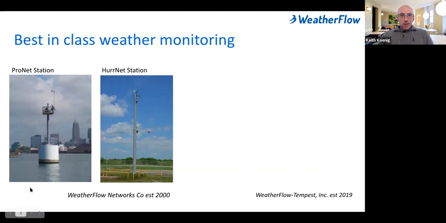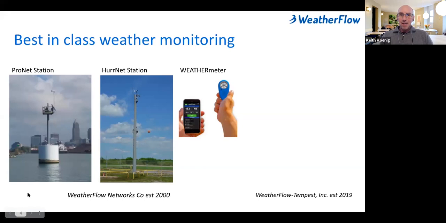On our journey, after deploying a pretty vast network of stations like the ones you see here, we got lots and lots of requests for the ability to remotely monitor weather wherever you are. And so we took a little bit of an experiment to see if we could design our own equipment and sell consumer products. And so the weather meter here was developed in about 2014. This is a pretty sophisticated little device that costs under $100.